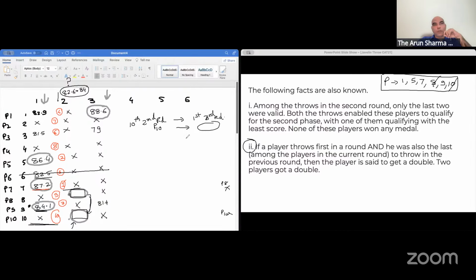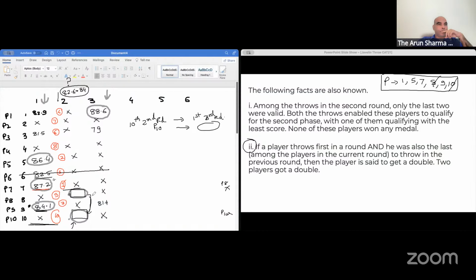A double is possible here. For P10 to be the first thrower of the third round, his throw has to be higher than the rest, because the rule for the first three rounds is that the table leader throws first. So P10's throw has to be more than 87.2